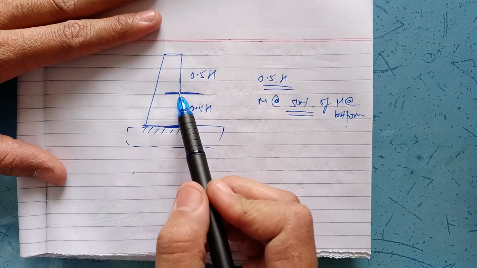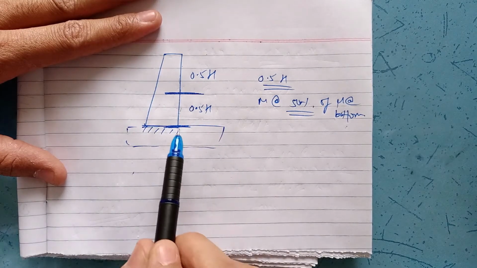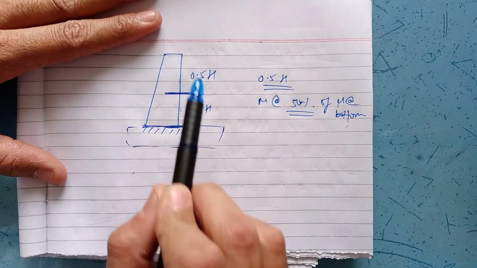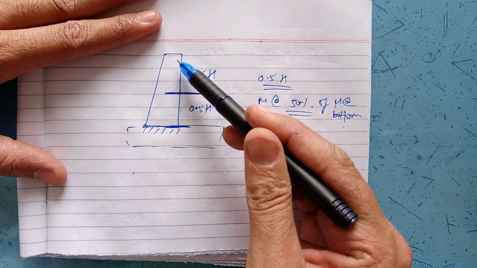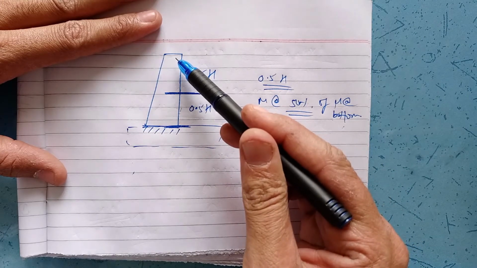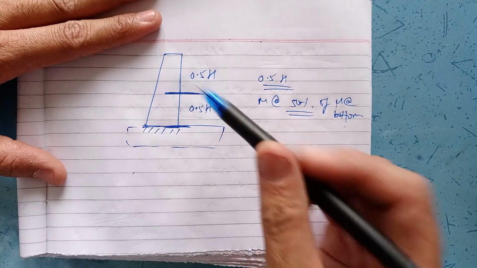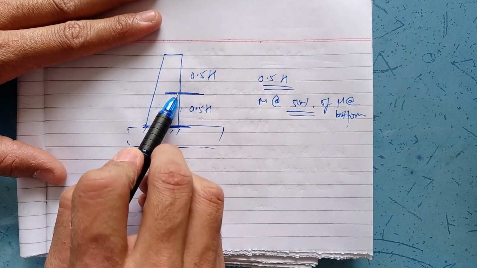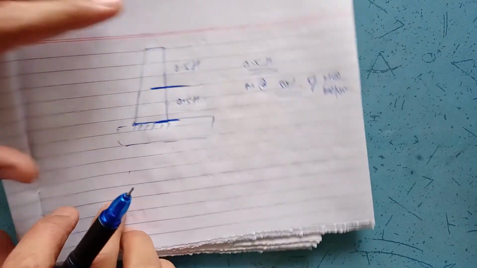Hence, there is no need of providing extra steel above this 50% height, because moment is maximum at the bottom and it goes on decreasing gradually as we move far from the fixed end. The steel requirement also goes on decreasing, and hence we are supposed to provide the curtailment, and this curtailment is provided above this height, above this 0.5 H. Now we will see how this curtailment is provided.